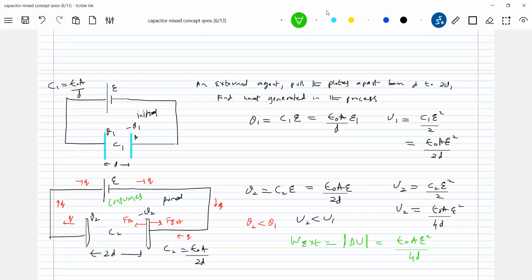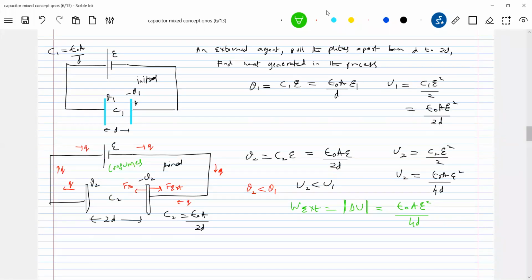Okay, let's go for the value of Q. What should be the expression for Q? I'll take help of the plate, Q1 minus Q. Charge left? I'll assume charge entered. You solve it, and if you get negative, then you have to change polarity. So the value of Q should be equal to epsilon naught AE by 2D. Directly I'm substituting the value. This much of charge will flow here.